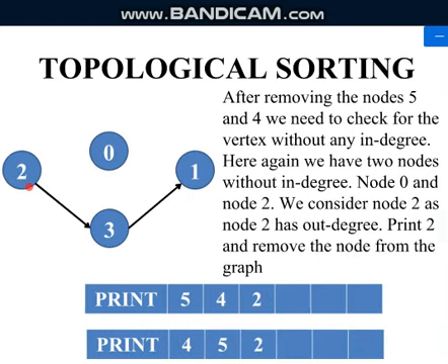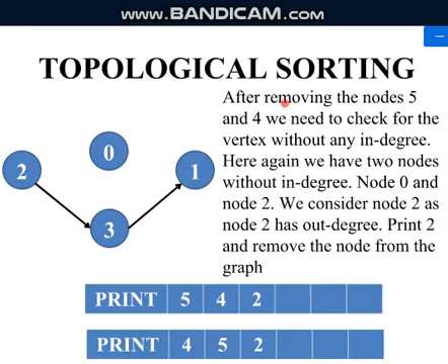Again from 2 you have an edge connected to 3, isn't it? So if I remove this 2, which node doesn't have any in degree? The next node is 3. You can consider 0 also, but why we are not considering 0 here is that 0 doesn't have any out degree, so you would have to come back here. So what we are doing is from 5 we visit 2, from 2 to 3, 3 to 1. So we get a proper flow, so we are using this.